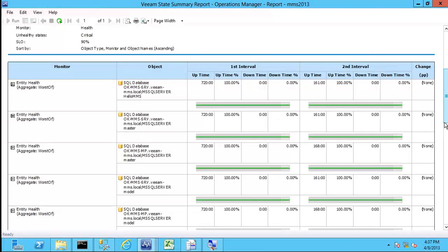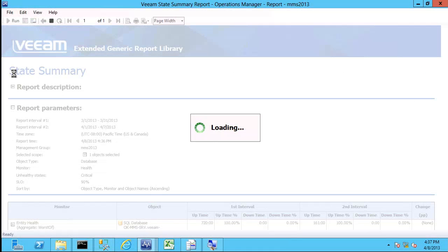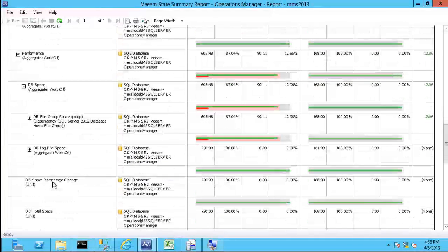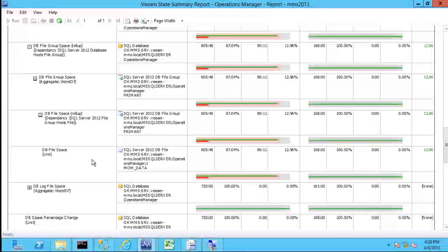I believe I have one that's got some downtime. There we go. And you can drill down here. Click it. I'm clicking it. You're not. So impatient. Drilling down into the actual monitors. I'm now drilling into performance as the parent monitor. Database space. The red one now is file group space. I can drill into that. And into that. Into the dependency relationship. And finally find the actual